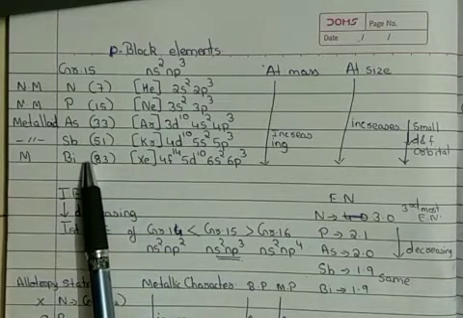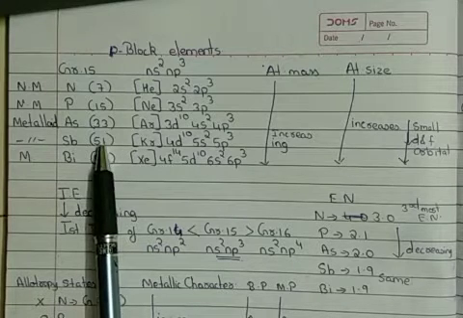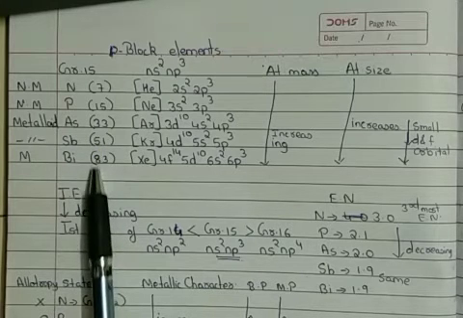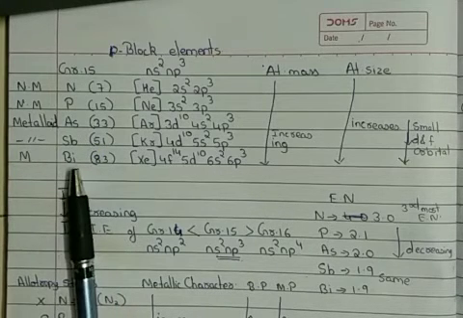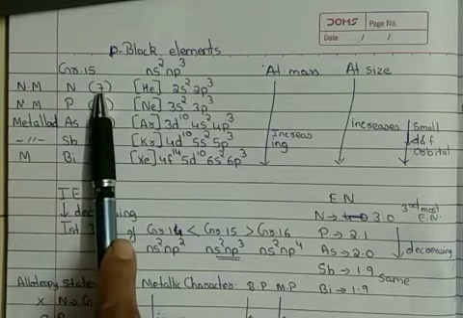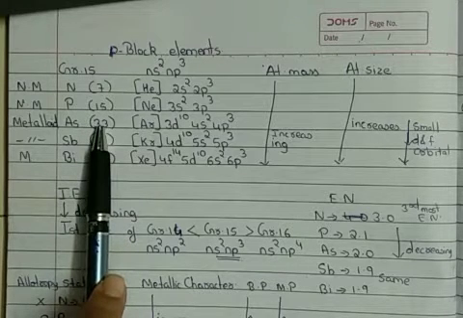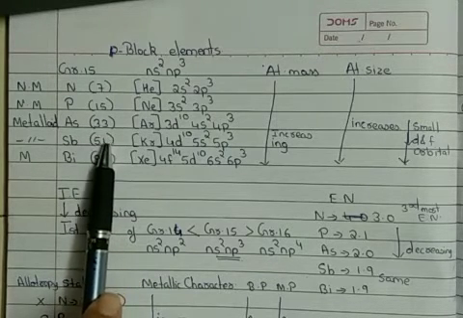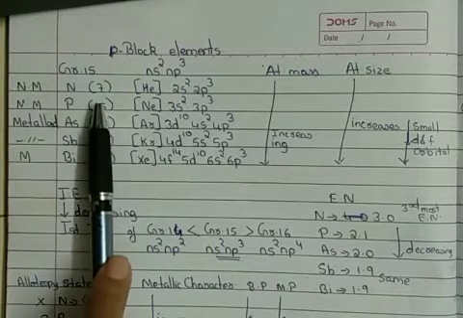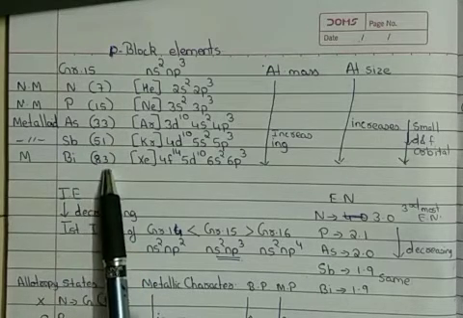For that we have one very simple thing, that is, if we remember the number of elements in every period, 2, 8, 8, 18, 18, 32, 32, we have to add that to our starting atomic number. Nitrogen's atomic number is 7. 7 plus 8 gives us 15. 15 plus 18 gives us 33. 33 plus 18 gives us 51. And 51 plus 32 gives us 83. Right? So that is 8, 18, 18, 32, the difference in their atomic numbers.